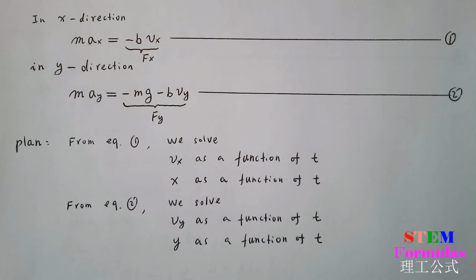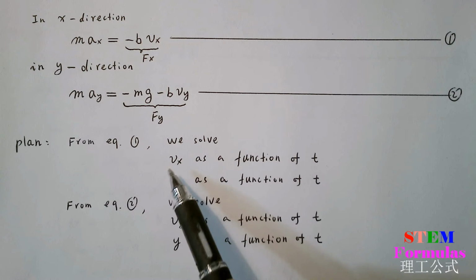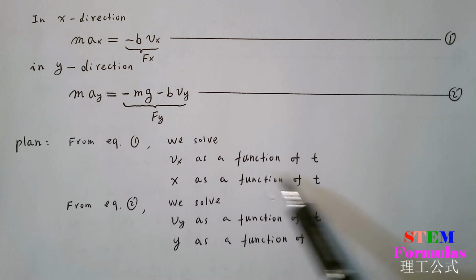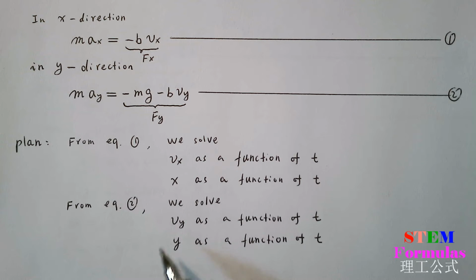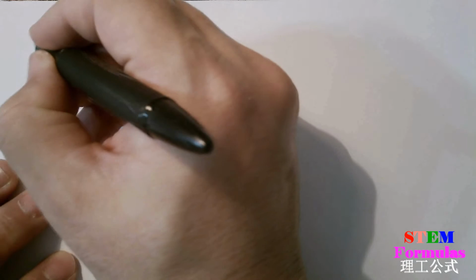In the last video, we found Vx as a function of time, x as a function of time. In this video, we are going to find Vy as a function of time, y as a function of time. In the y direction,